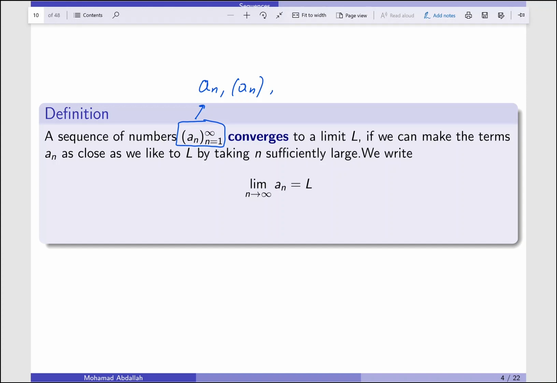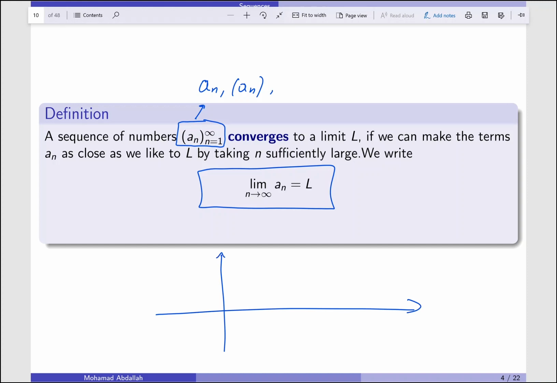Okay, but this is the intuitive definition that you will take. The formal definition uses a different type of limit, a different definition of limit that you haven't seen in Calculus 1. If you're interested, you can take a look at the book about the epsilon-delta definition. But for now, you just need to understand the following. I say that the limit of a_n when n approaches infinity is equal to L if,